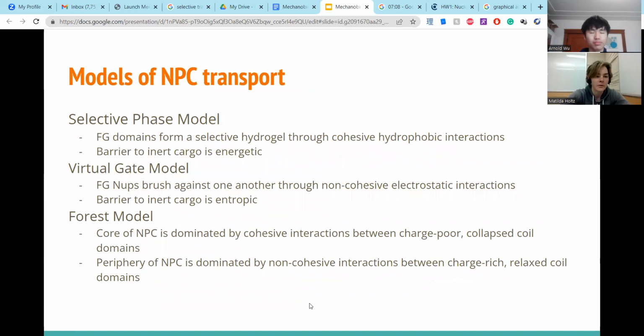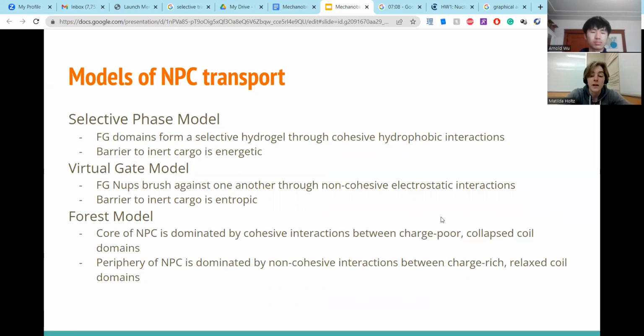So how does transport through the NPC occur? Multiple promising models exist defining the mechanism by which the FG nups enable bidirectional high-throughput diffusion of small molecules and NTR-bound cargo while repelling inert cargo. The selective phase model suggests that cohesive interactions between FG nups create a hydrogel-like structure that only interactions between NTR-bound cargo and the FG nups can